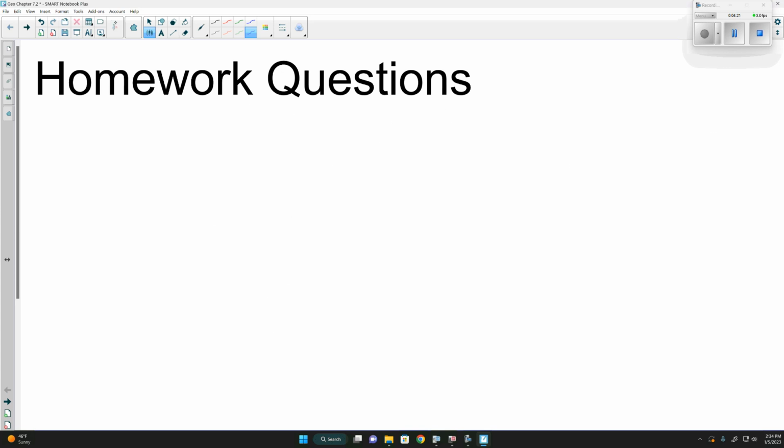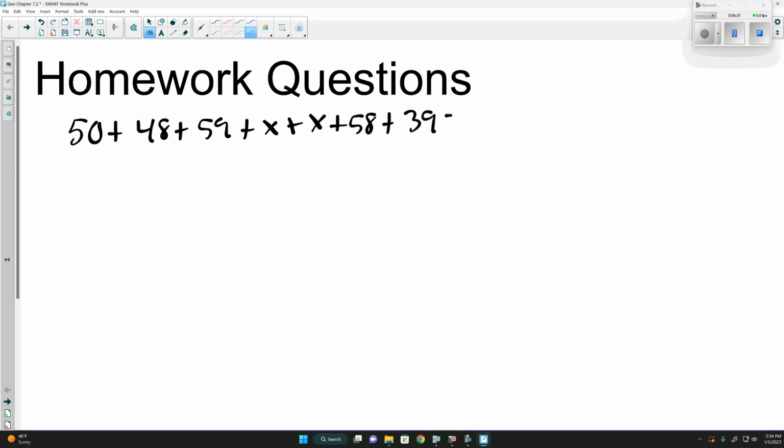Now the last one we have, so we're adding all those angles up. So we have 50 plus 48 plus 59 plus x plus x. Yes, this is 24. So we have all these angles added together and they equal what? Sum of the exterior angles is always 360. So we have 2x plus